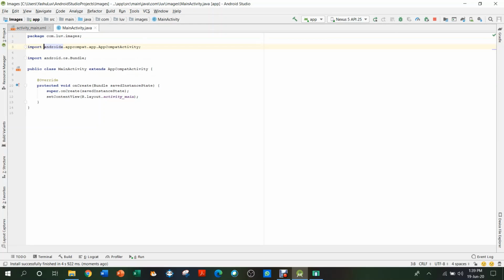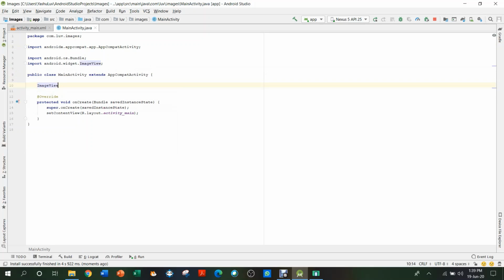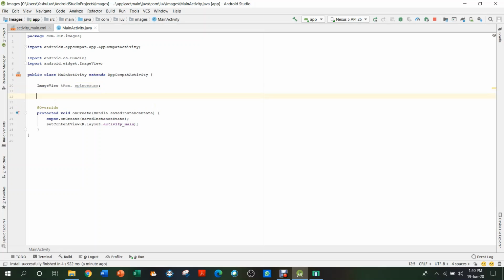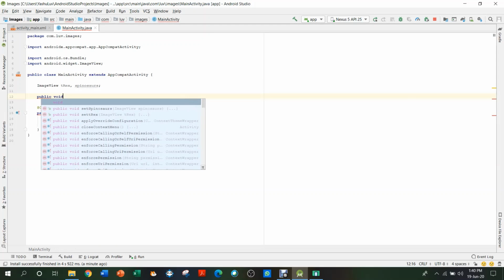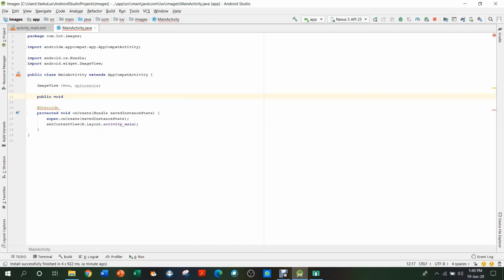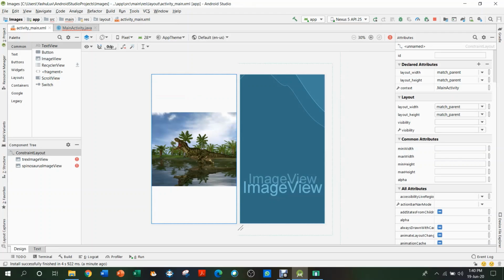Then after that, what you are going to do is get the image views, T-Rex, comma Spinosaurus. Then we are going to do public void. So public means anyone can use it, void means it returns nothing, and the onClick method is